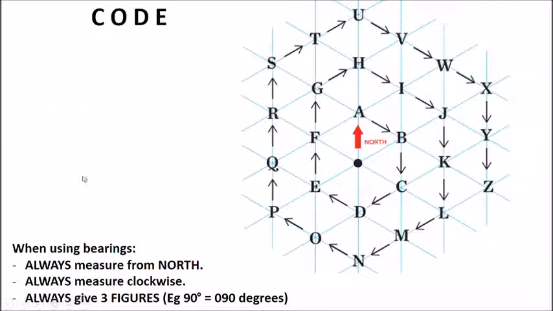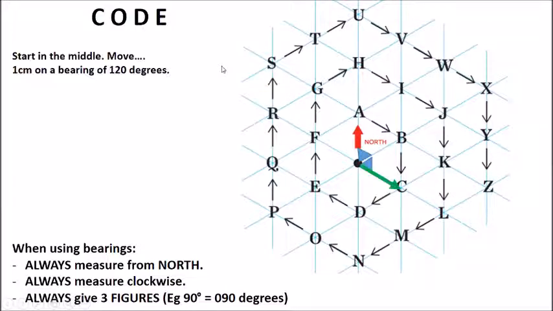Alright, next challenge. What I would like you to do, I want you to use bearings to spell out the word code on our grid. So I'll just get us started. The first thing we're going to do to get to the letter C, we're going to start in the middle and then move 1 centimeter on a bearing of 120 degrees. So if you look at what I've done on my diagram, I start from north, I need to move 2 lots of 60 degrees, so I'm moving 120 degrees clockwise and we're moving 1 centimeter along,